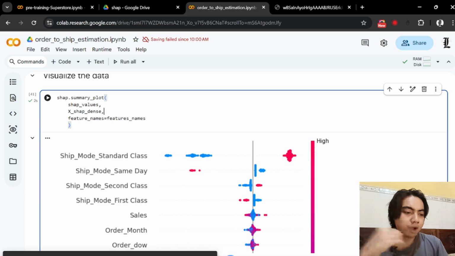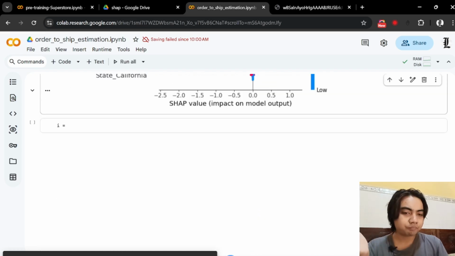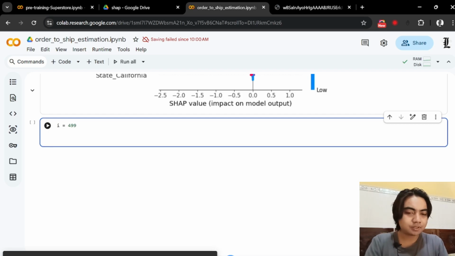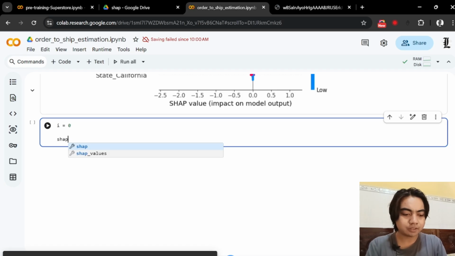And now I would like to have just one data as an example. Because we have 500 data, we can go through the 0 index or the 499 index, just to get a random data. So let's see the very first index, which is the number 0 index,